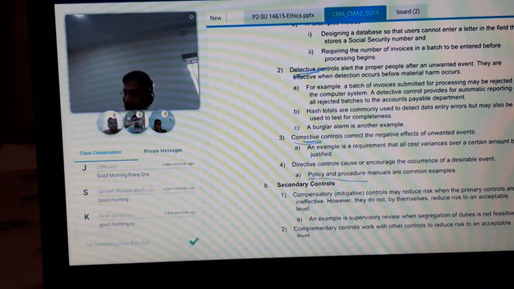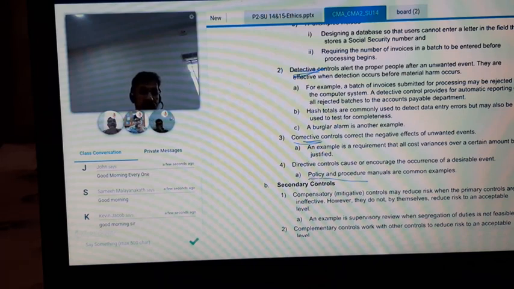Another example: training is actually a directive control. So ongoing training, if you're having it, is a good directive control. Job descriptions, like procedure manuals, you can see as a directive control. Another example that I can give you, which would not really fit into all these things, but squarely comes into directive control,